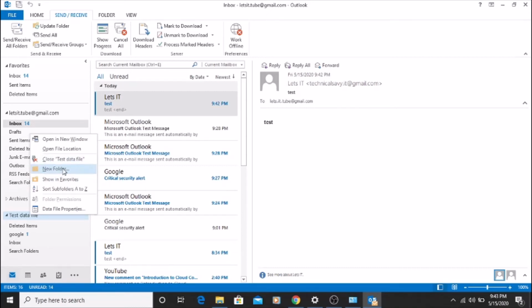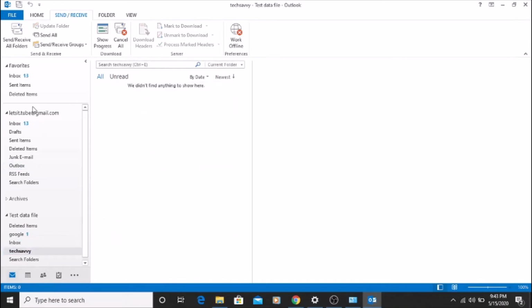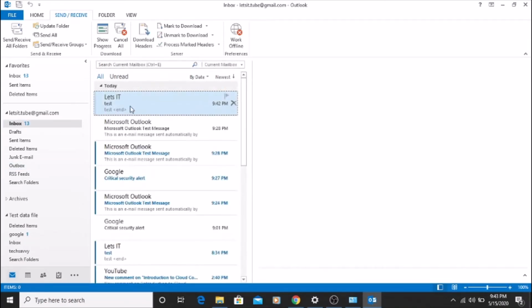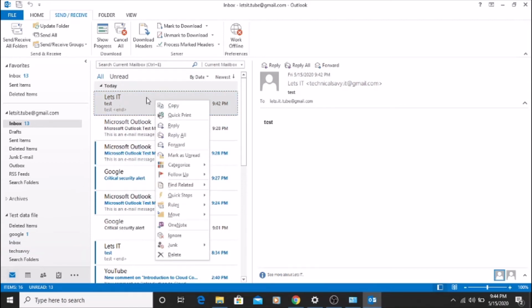I'm just going to show you. I created a folder, TechSavvy. I want all my mails coming to this inbox to automatically go to this TechSavvy folder. For that, you just right click on the email, go to Rules, and Create Rule.